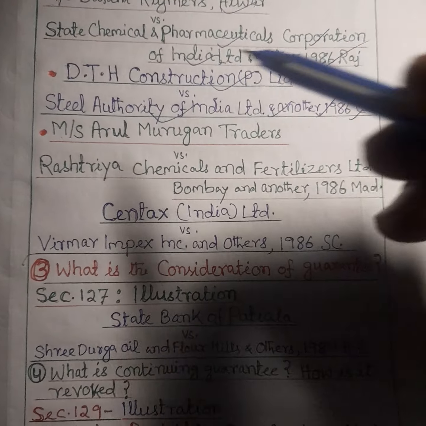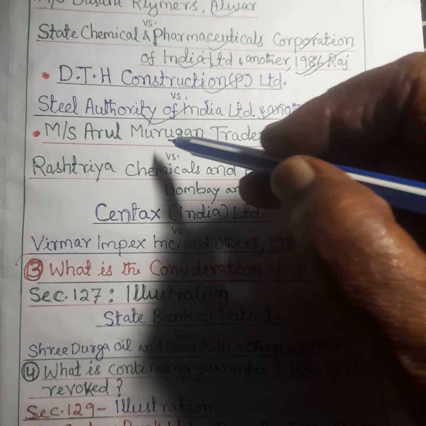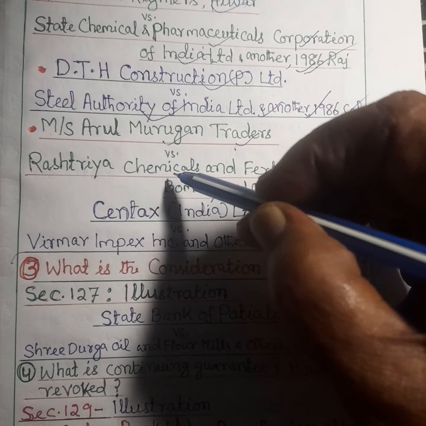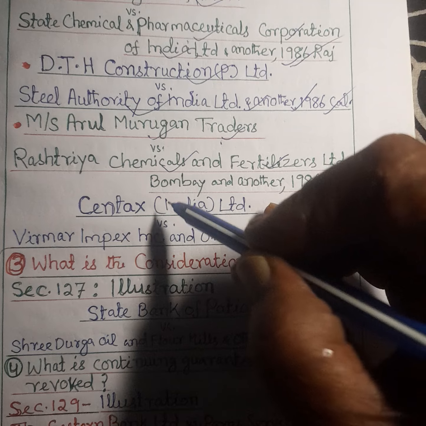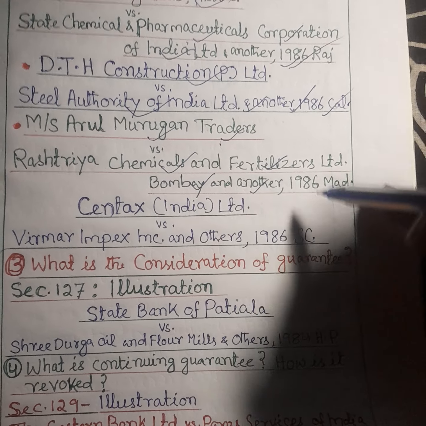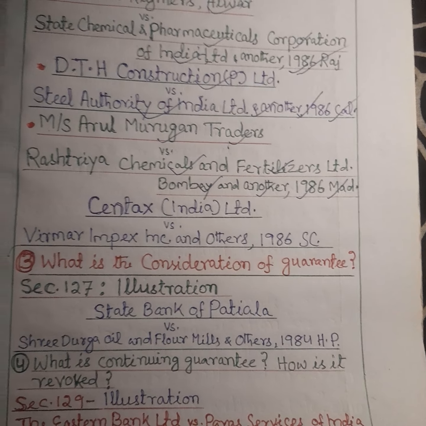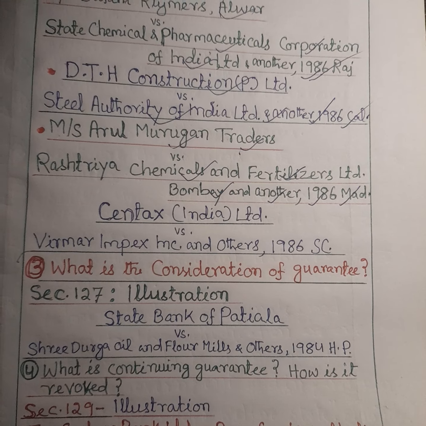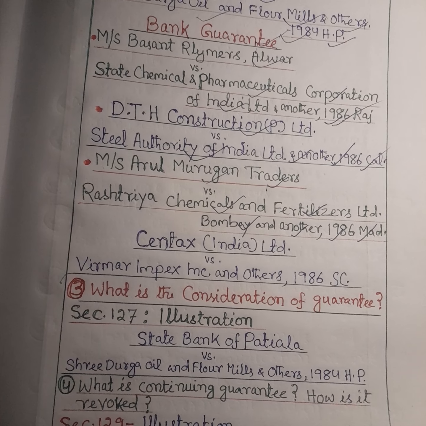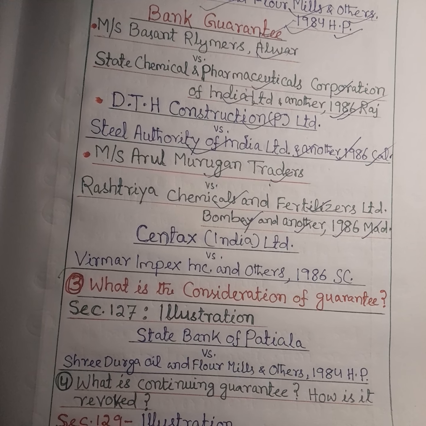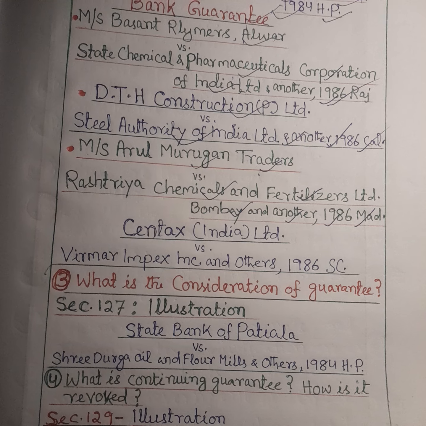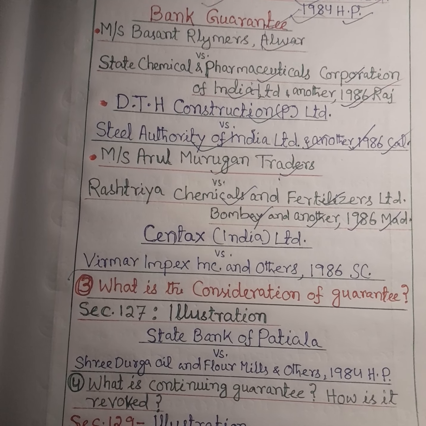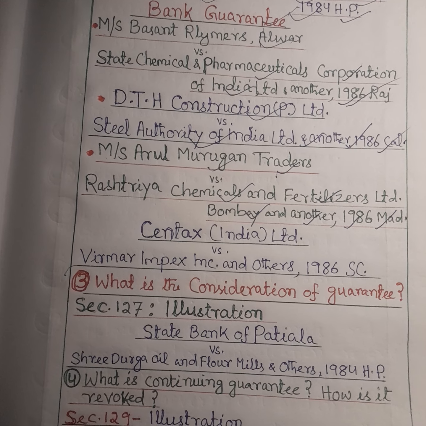Also in another important leading case, that is M.S. Arul Murugan Traders versus Rashtriya Chemicals and Fertilizers Limited, Bombay, and another in 1986, the Madras High Court observed there is no absolute rule prohibiting grant of interim injunction to bank guarantees, and in exceptional cases, courts will interfere with the machinery of irrevocable obligations assumed by banks, and that the plaintiff must establish a prima facie case, meaning